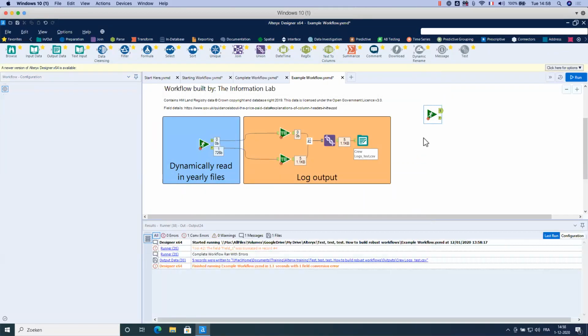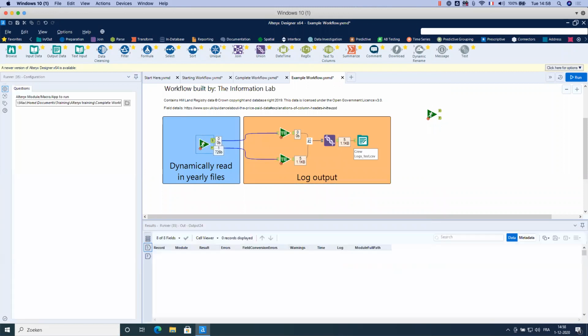So we'll just remove it. So in fact, this macro allows you to run a specific workflow. So it has two output anchors, success and failure. So when you look at the configuration, I have to put the path where my workflow, so this workflow that we built together, is running. And then you have two anchors, success. In this case, it didn't succeed, and have error. So when I look at it, you see I have the logs here.